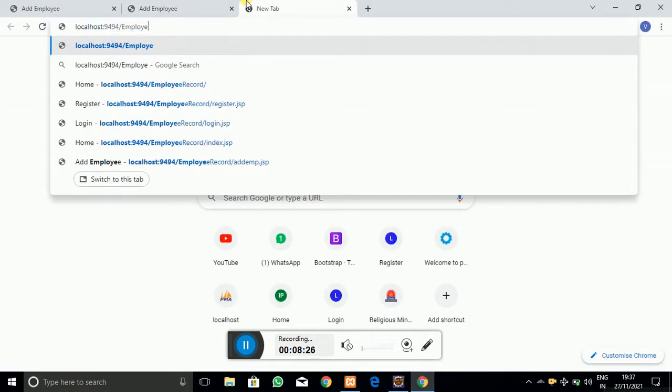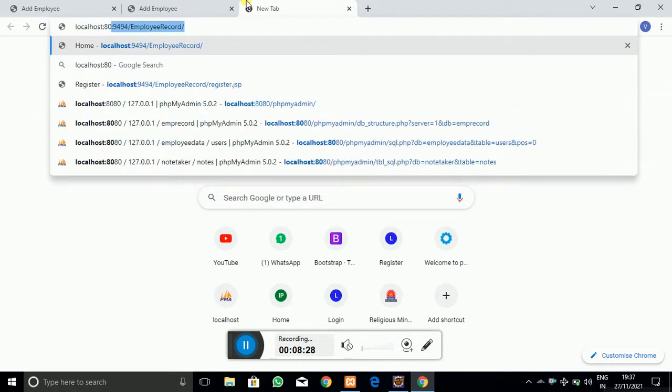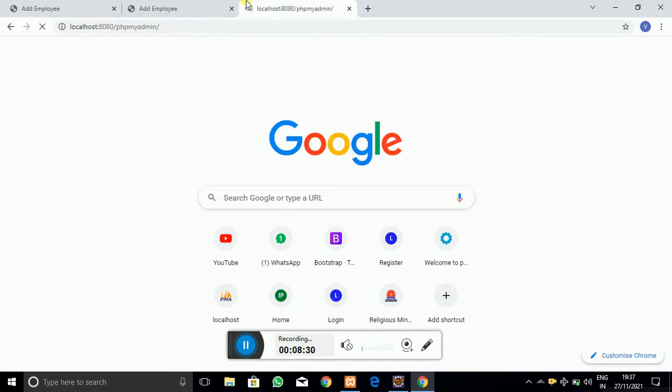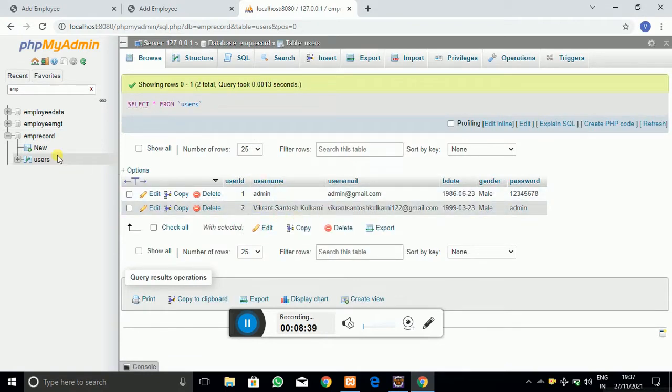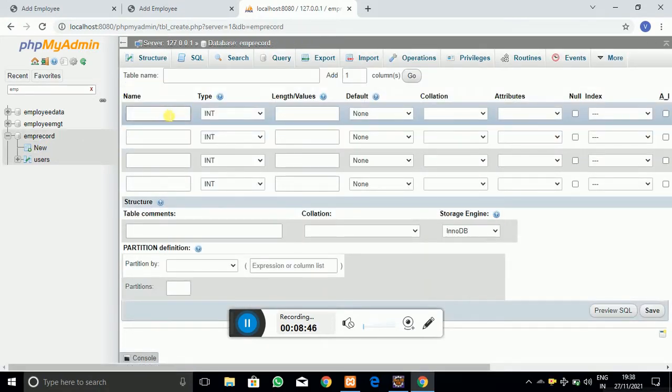So let's go to MySQL phpMyAdmin, as you can see. And into that, let me open our database. As you can see, in our database only the user table we have created for the login and registration module. But now here I am going to create a new table, and let me give the name to that table as employee.